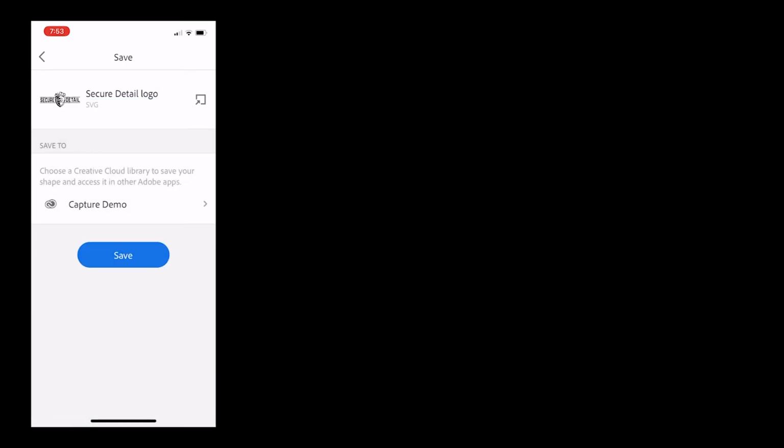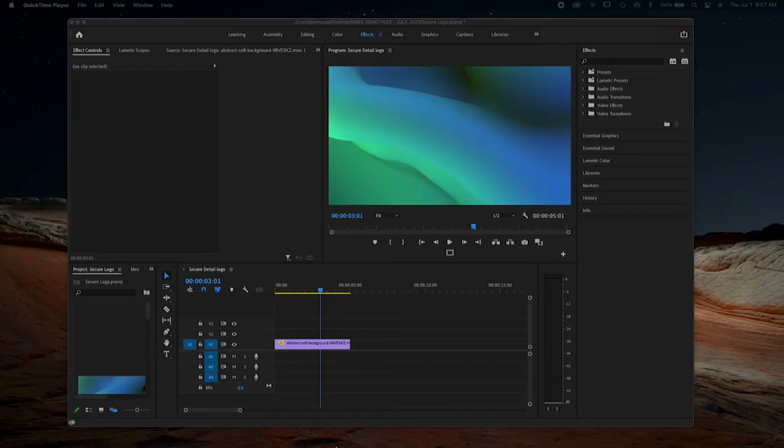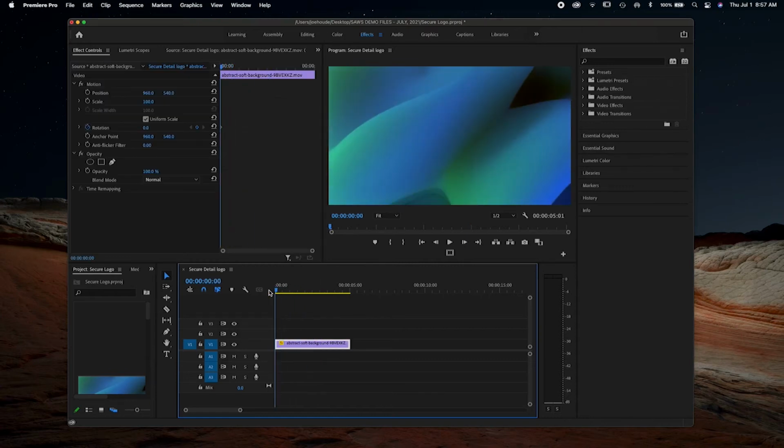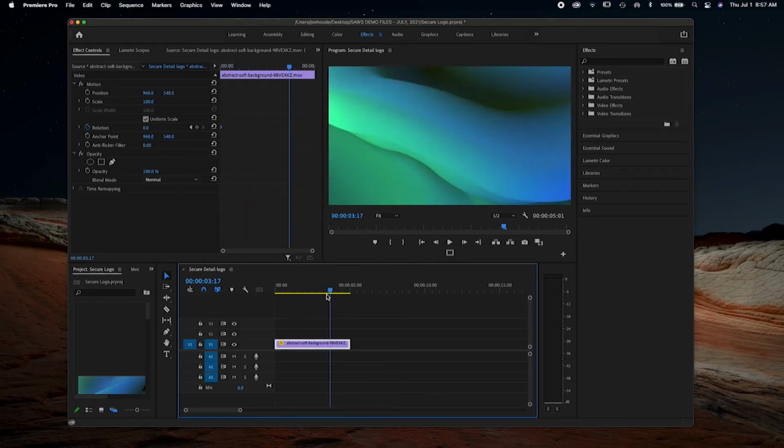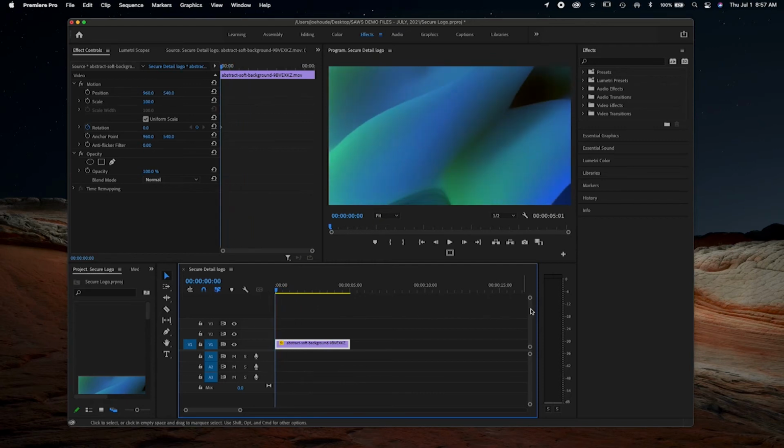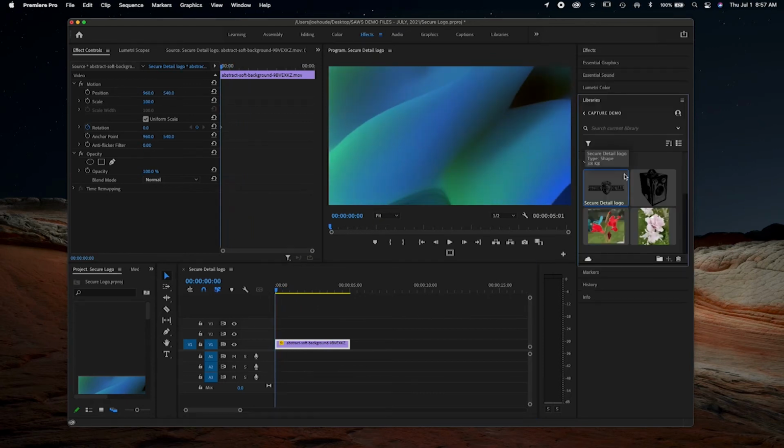We'll go over here and we will call this secure detailing, and we'll click save. It goes into the capture demo file, and we're ready then to use it somewhere. You could, of course, use it in Illustrator as we did with the camera, but here we can also use it in Premiere. So I've got a stock image here, just a background, sort of a swirly background, and we